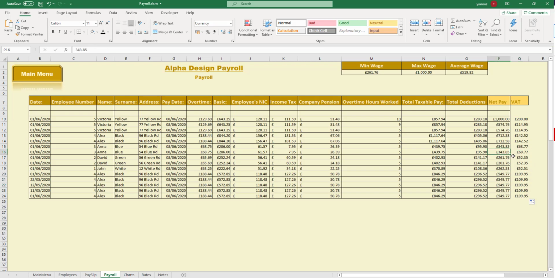So if I change this value to 1000, I should see 200. If I change this value to 100, I should see £20. If I change this to 10, I should see £2. So I know that my function now is fully working. And this is how important it is to know how to apply